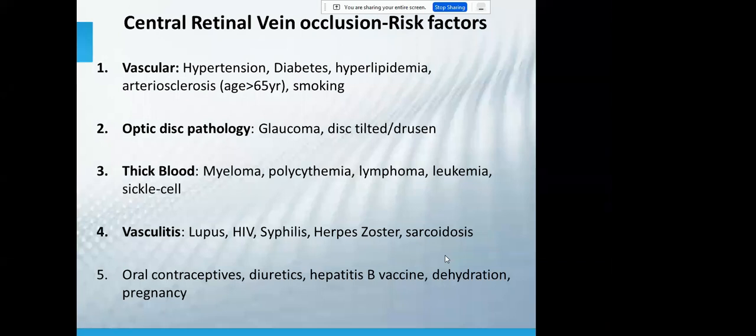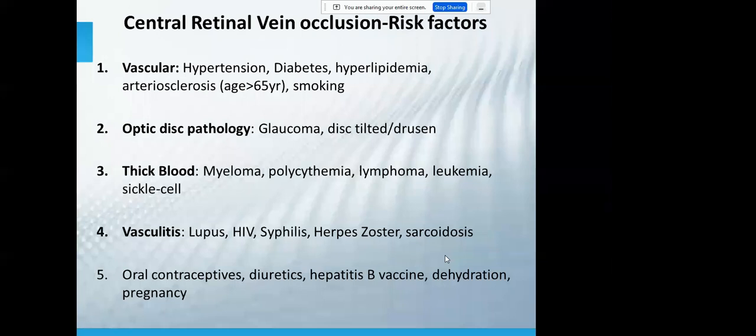So who gets central retinal vein occlusion? This is a common question you'll be asked even in internal medicine. One, just remember vascular diseases: hypertension, diabetes, hyperlipidemia, arteriosclerosis, and people who smoke. Anybody with some vascular disturbance can get central retinal vein occlusion. Two, if you have another abnormality at the optic disc, such as glaucoma, or if the disc is tilted or has what we usually call drusen, a small deposit near the disc can compress the vessel and increase the risk. Then think about diseases that cause thick blood: myeloma, polycythemia, lymphomas, leukemias, and sickle cell can all